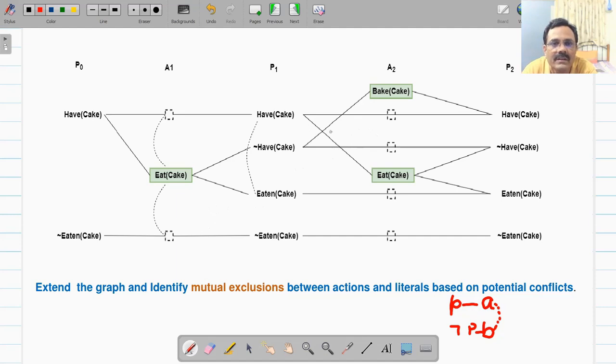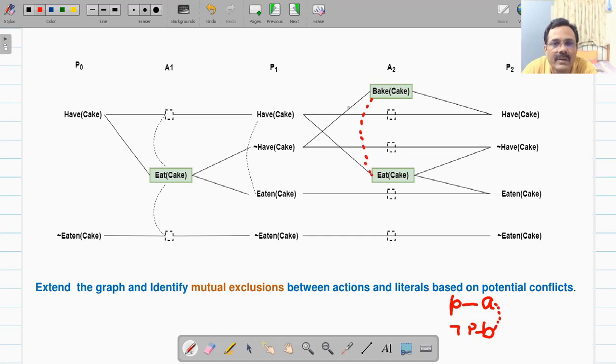For example, bake cake has precondition not have cake and eat cake has precondition have cake. So bake cake requires negation of have cake, eat cake requires have cake. So they now have competing needs. So you can introduce here a mutex link between these two.